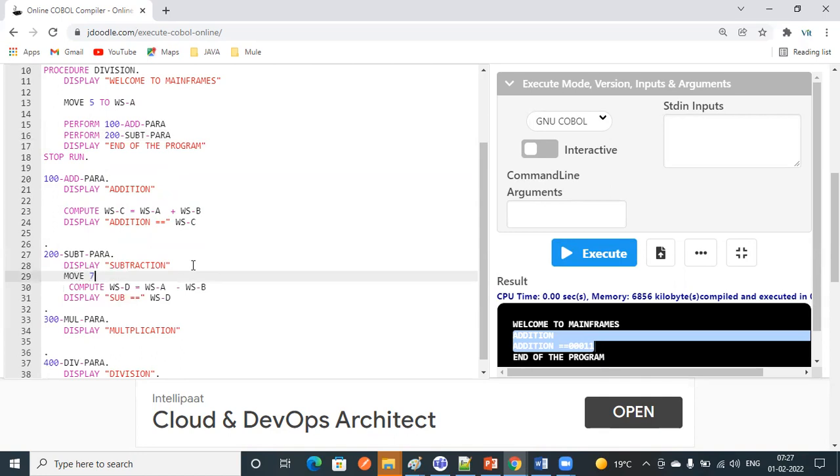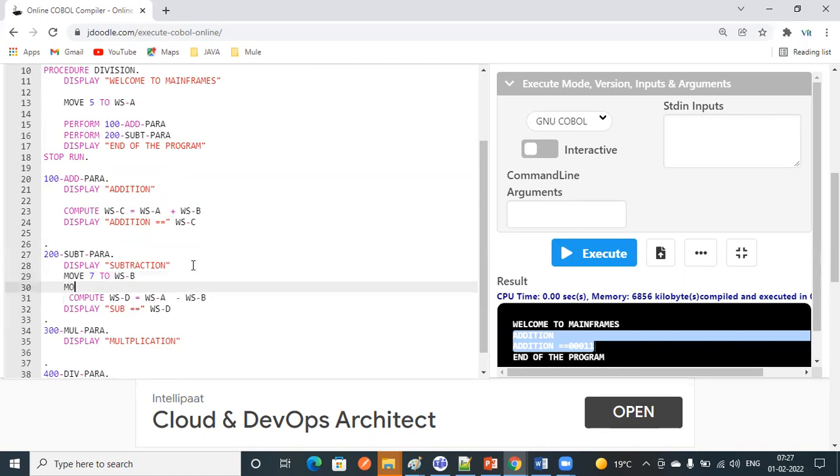Move 7 to WS-B. Move 3 to WS-A. Now A contains 3, B contains 7. Okay, let's try to execute.